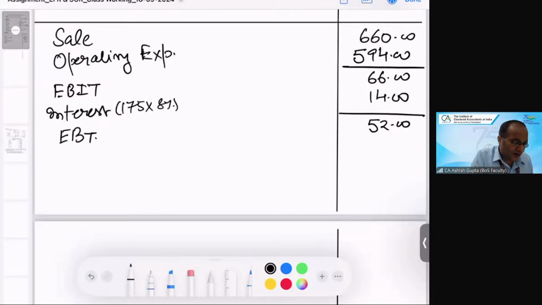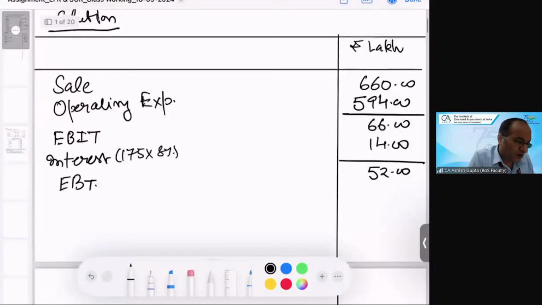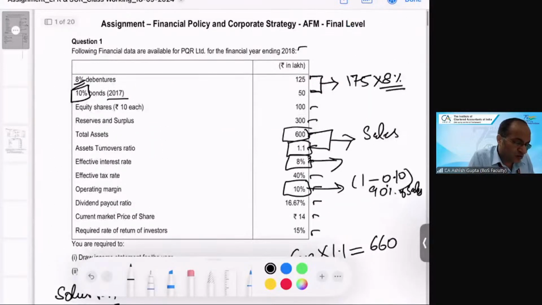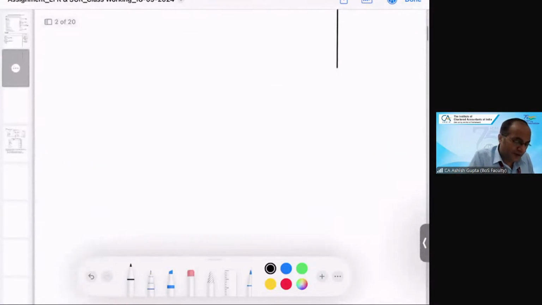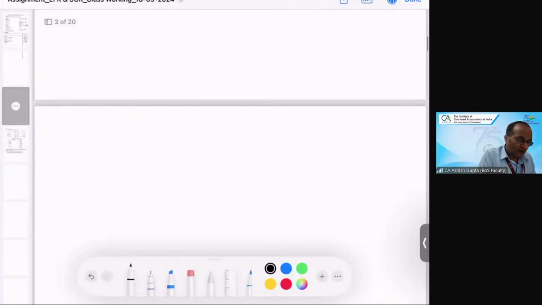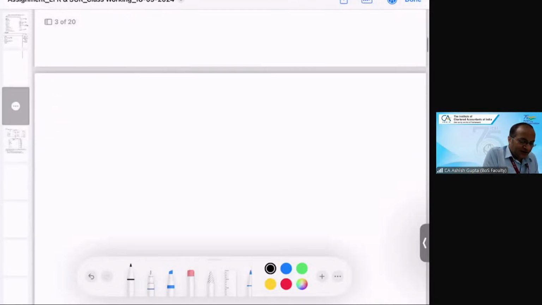Now students, if I ask you, of course, these bonds have been issued somewhere in 2017. Why has it been mentioned so? Because if I compute this figure separately, I just show you: my interest is 175 into 8%, and the figure is coming